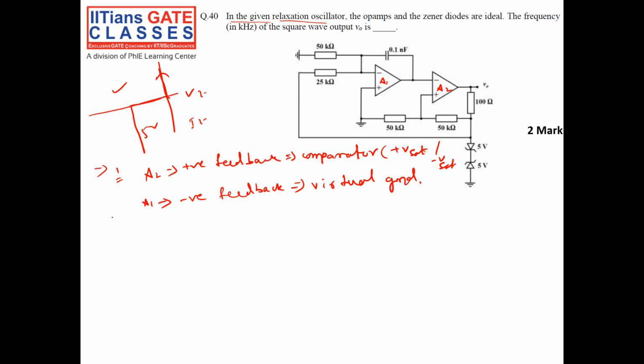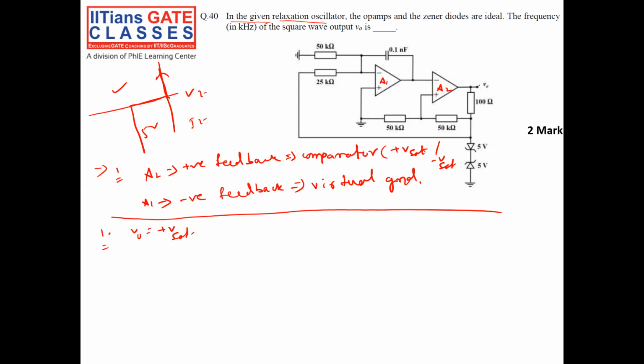So by this information, how to solve the circuit? The first step: assume that after the switch on, I don't know what V positive and V negative are. Suppose I assume that my V output is positive. Since it is a comparator, my V output can be positive or negative, that's all. It can be plus Vsat or minus Vsat, nothing else. So first assume that V output is equal to plus Vsat, because it can be only two states.